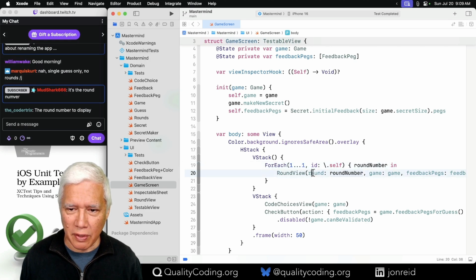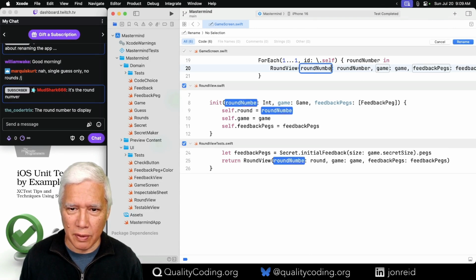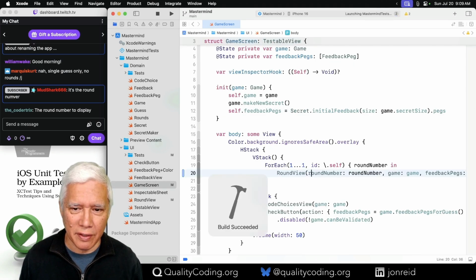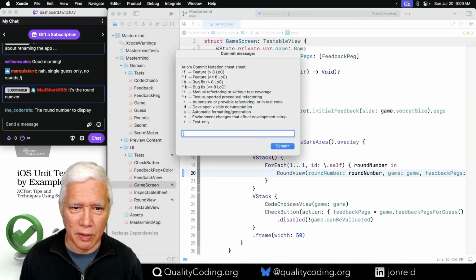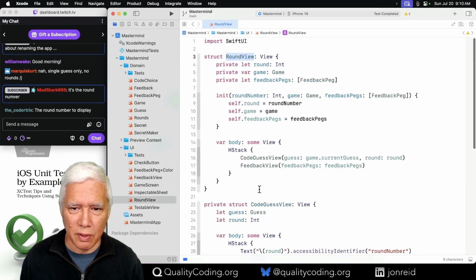And so really this is a round number. These should just fly in as simple renames, which really means that this is round number.